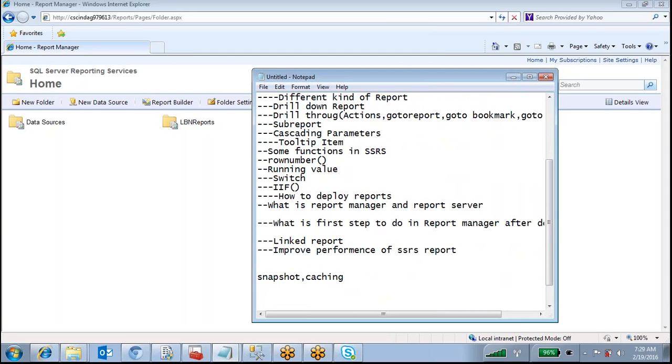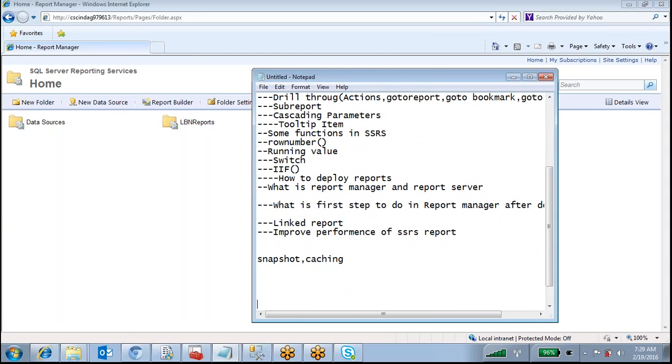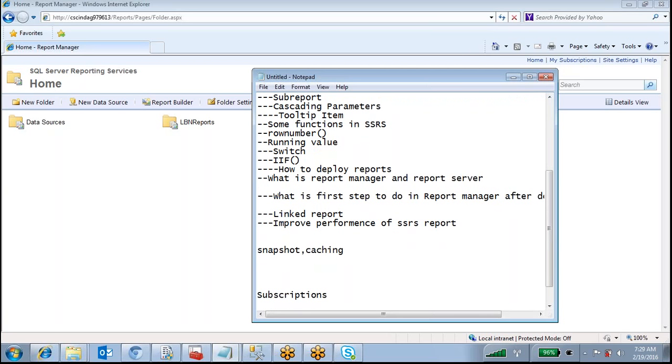What is the difference between snapshot and caching, and what is a subscription? Also, how to write customized code inside reports, how to write VB code, and how to write customized functions.